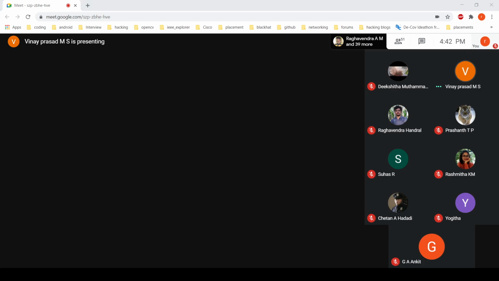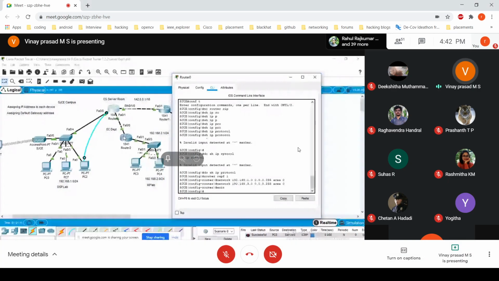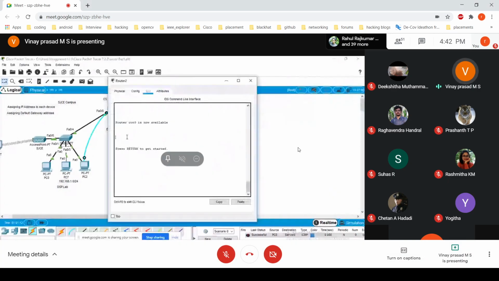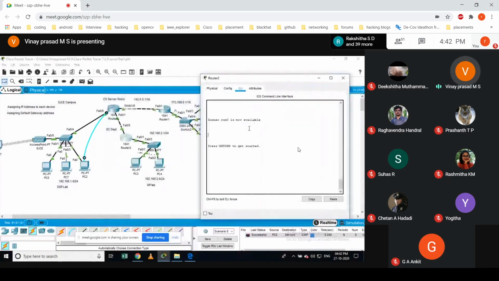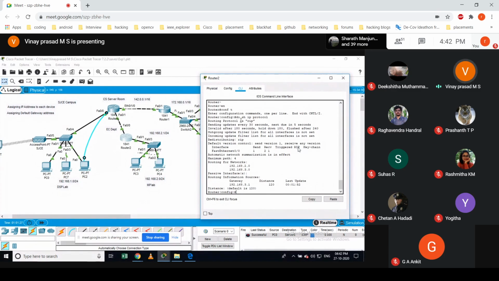That's it. Now go to the other router and do the same configuration. Enable, configure terminal. If I check which routing protocol is working with show ip protocol, you will see the routing protocol is RIP, sending updates every 30 seconds, and the next is due in 5 seconds.